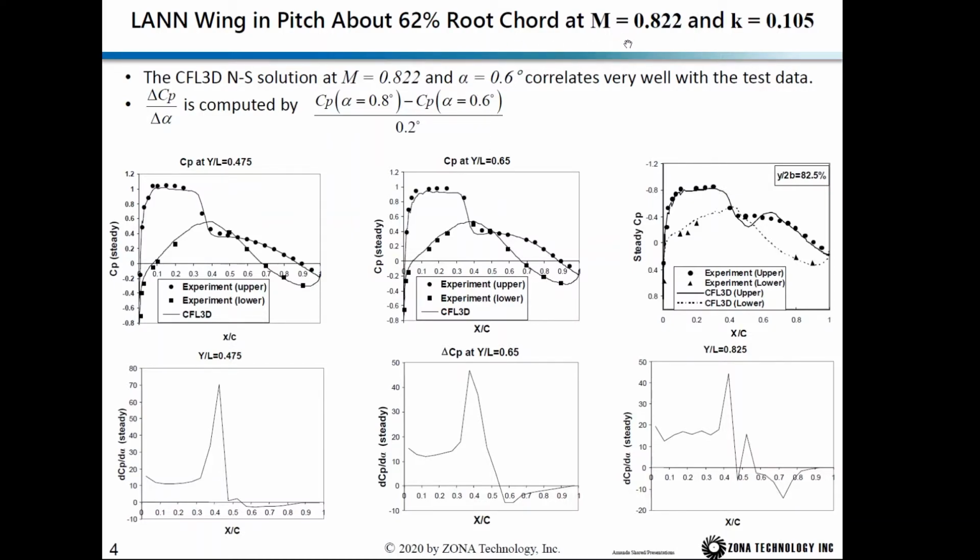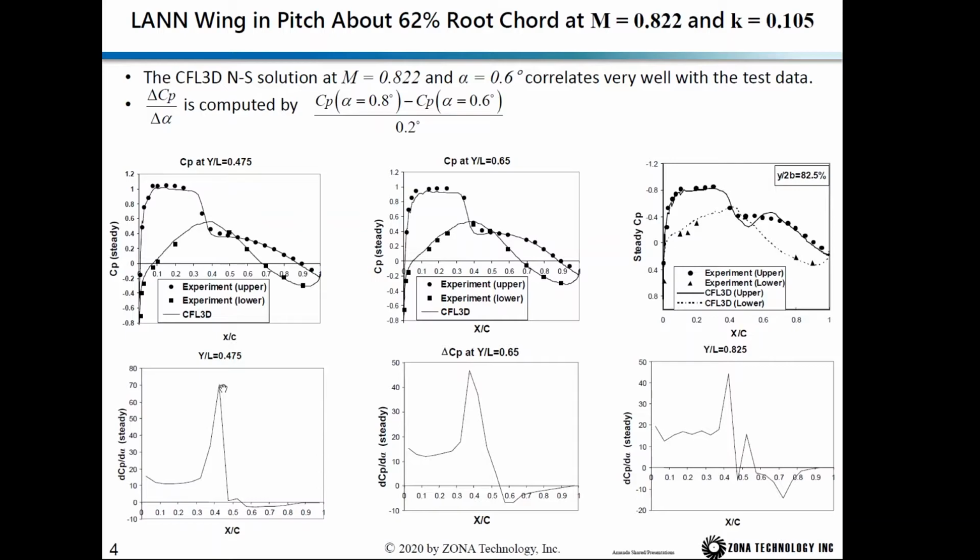about 62% root chord at Mach number 0.822 and reduced frequency 0.105. Again, we use the CFL3D Navier-Stokes solution to calculate the steady CP at this Mach number and this angle of attack, compared to the wind tunnel data. Again, the CFL3D Navier-Stokes solver did a very good job. Then we use the finite difference method to calculate the dCP by d alpha,